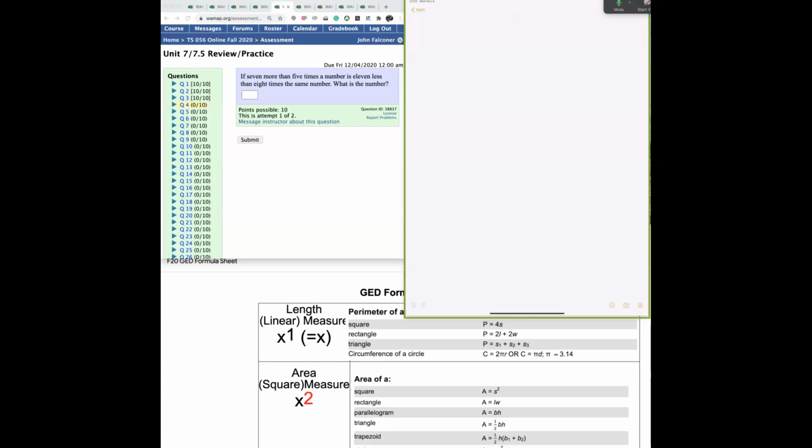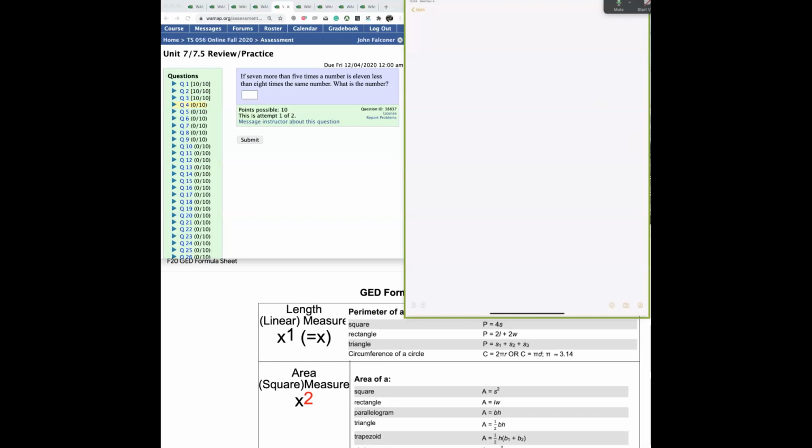Okay, here we are looking at another word problem, and we're going to try to encode the text, the words, as algebra. If 7 more than 5 times a number is 11 less than 8 times the same number, what is the number? Okay, so